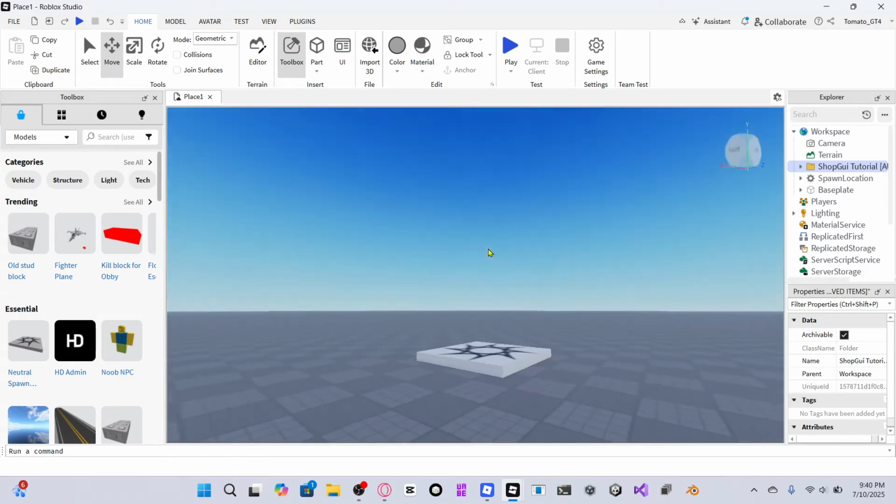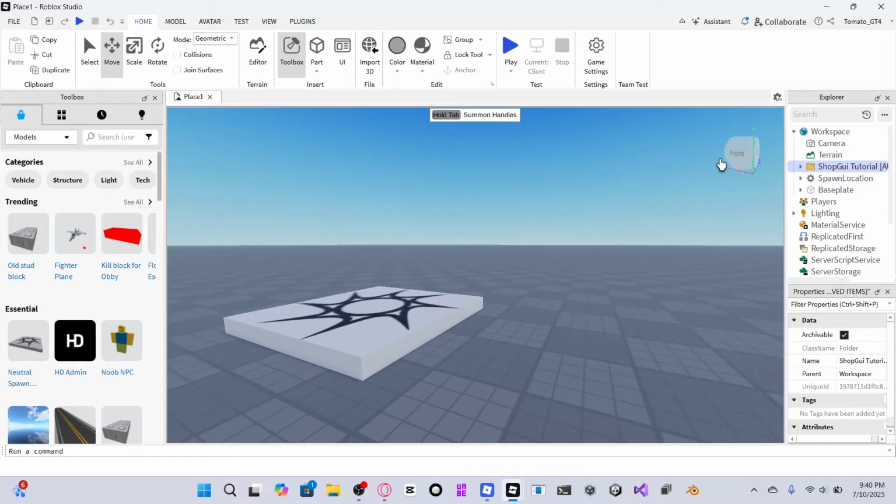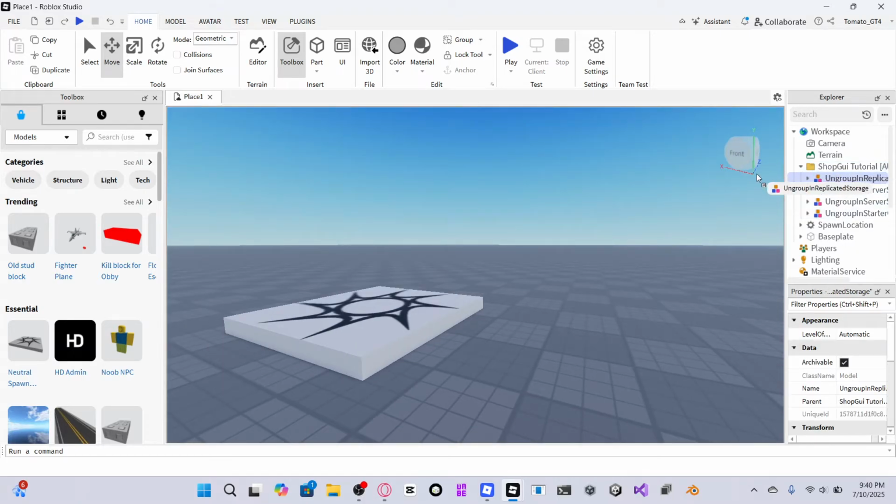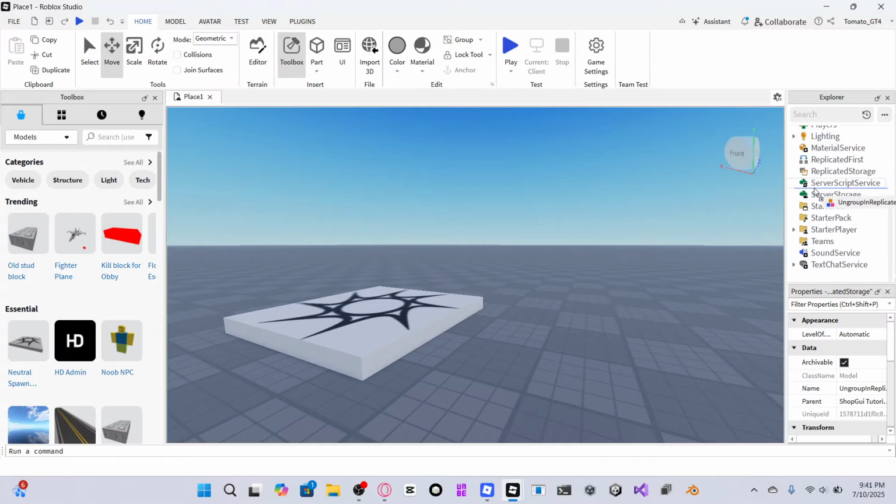Now that you've done that, you're going to want to open your ShopGUI folder. Left click it, drag it to the left, and so then you can see the whole name. So it says unencrypted and replicated storage. That means to go to the replicated storage, put it in there, right click it, ungroup it,